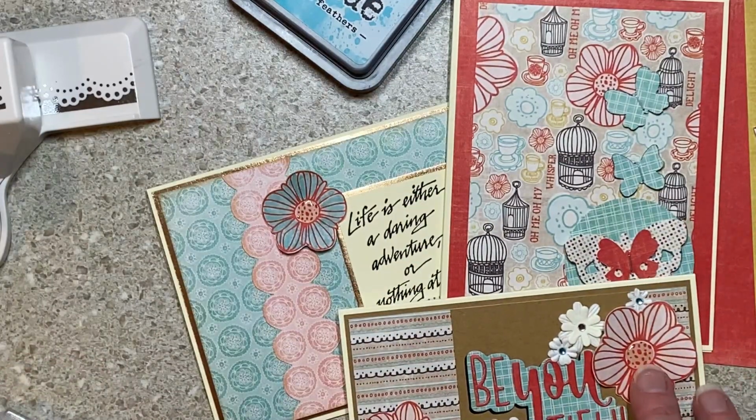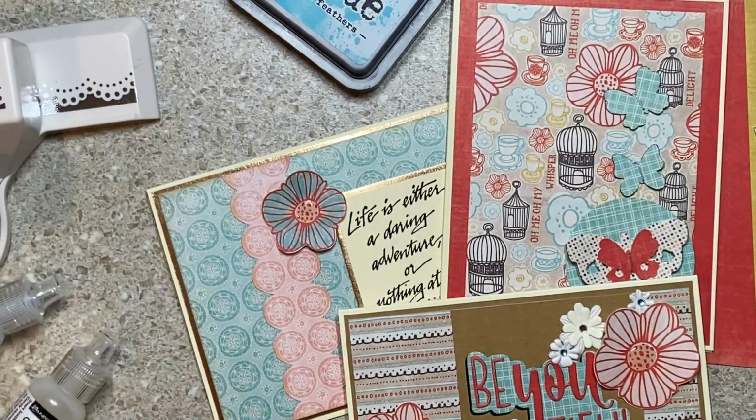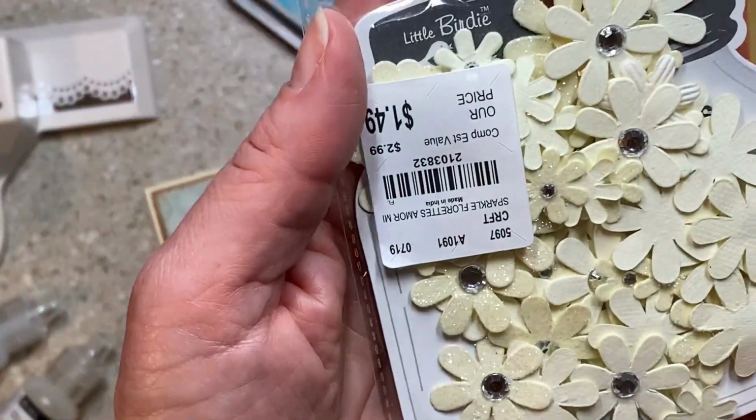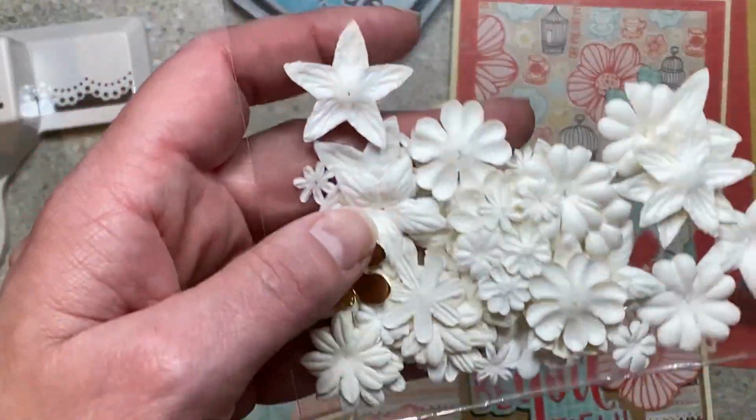So I hope that you enjoyed that and that you'll tell me what you think about the glossy accents and the stickles. Oh, and here's the flowers I used. The cream colored ones were Little Birdie from Tuesday Morning long ago. And the others I picked up in